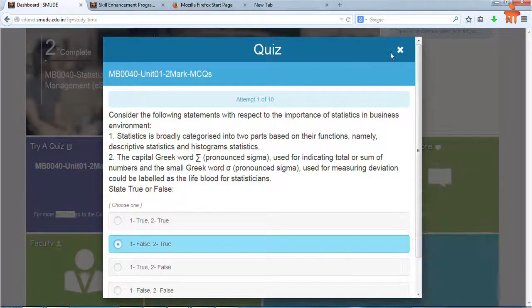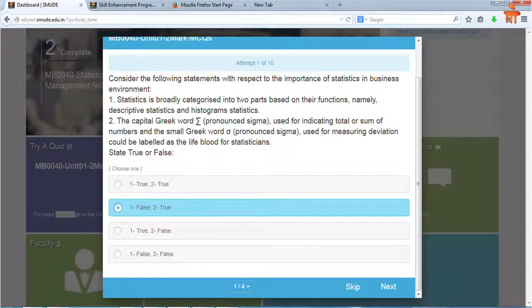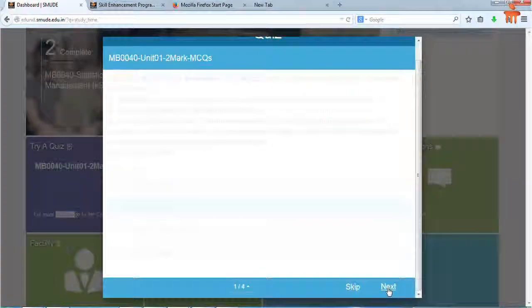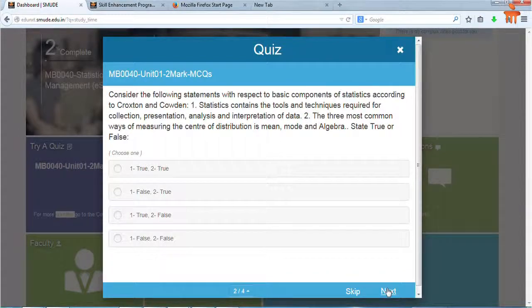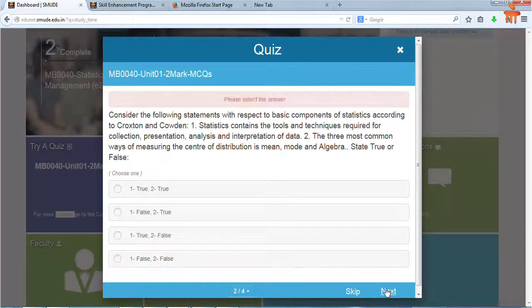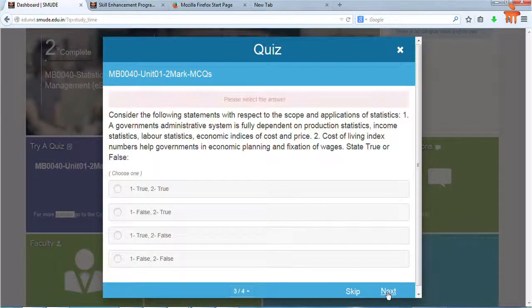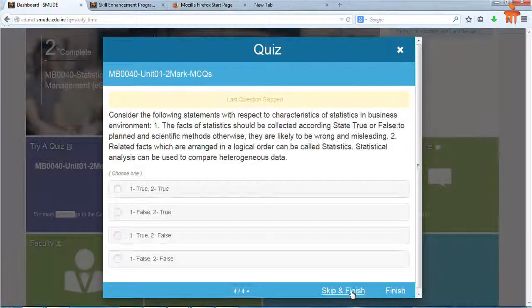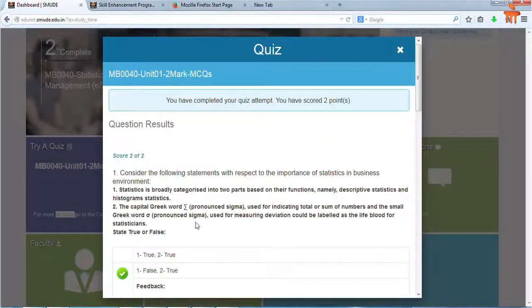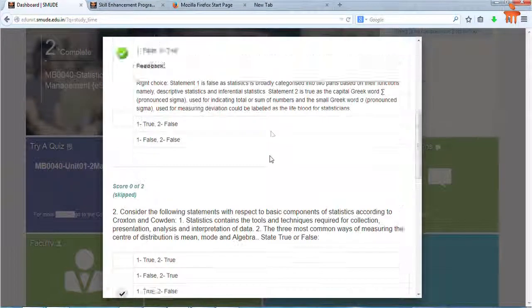Okay, I've attempted this question and then I say next, next, next, skip, next, next. I've attempted only one of the questions. I'm finishing this. I've answered one.